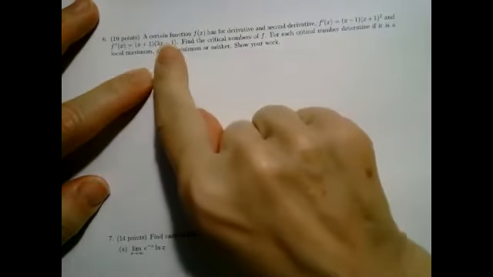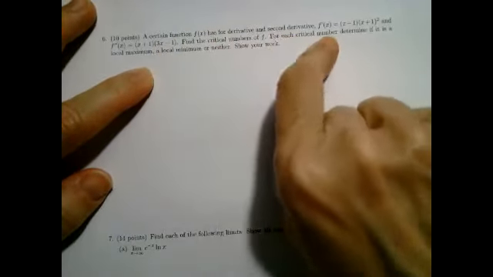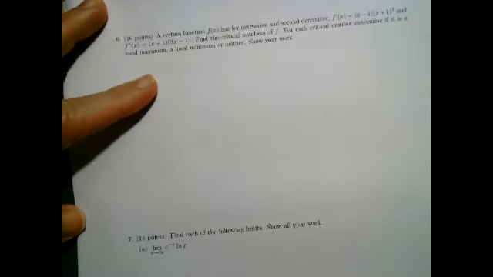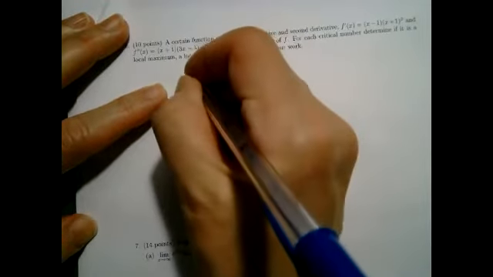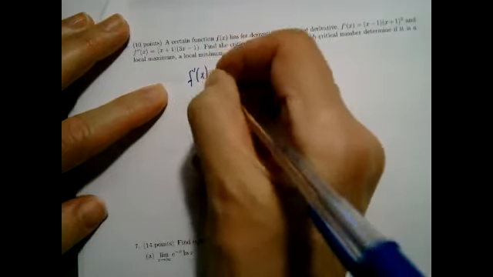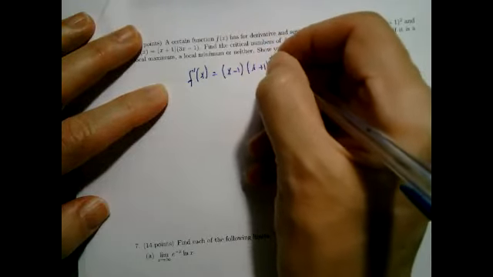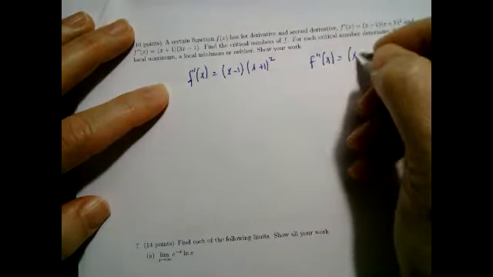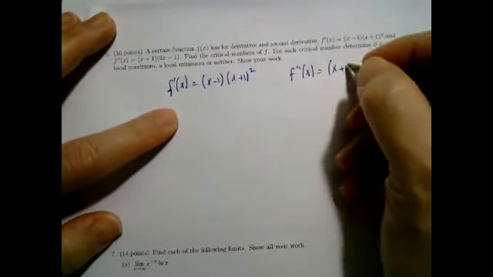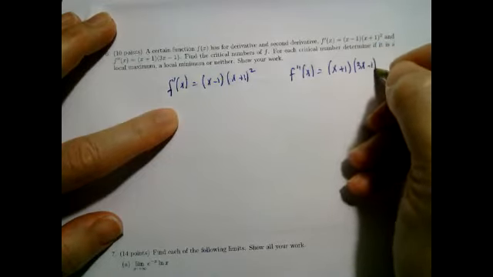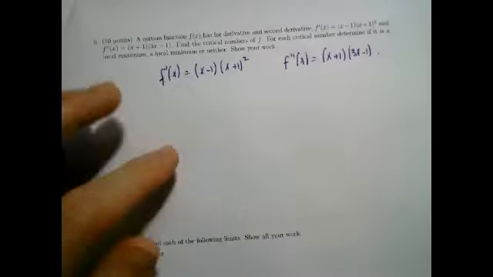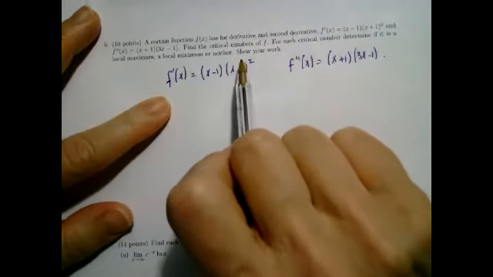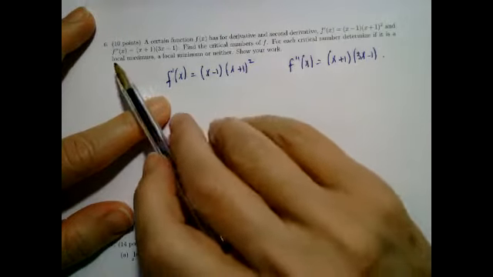A certain function has for derivative and second derivative the following. I did not give you the function on purpose because you didn't need it. But I gave you the first derivative, so I gave you information. And I actually wanted you to know which information you need. And I gave you the second derivative, so it is x plus 1 times 3x minus 1. And the question is, find the critical numbers of f, and for every critical number, determine if it's a max,